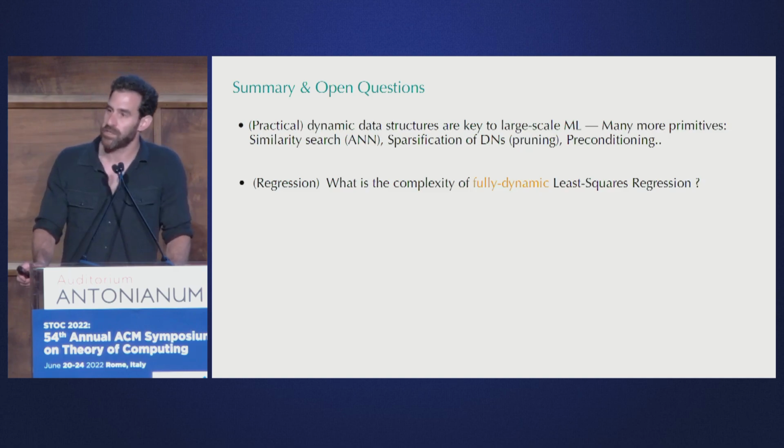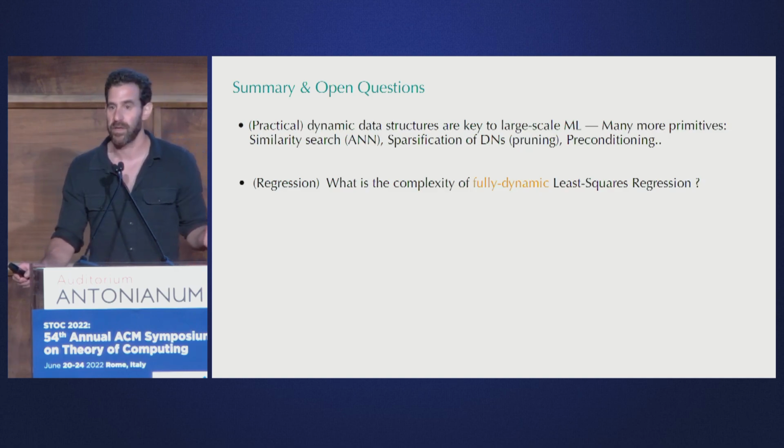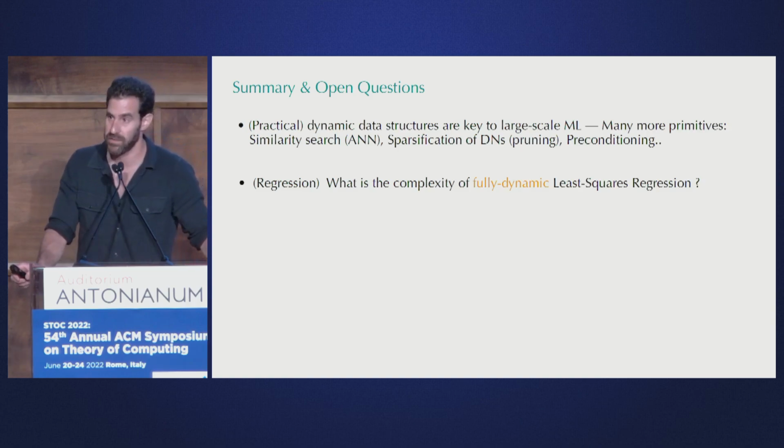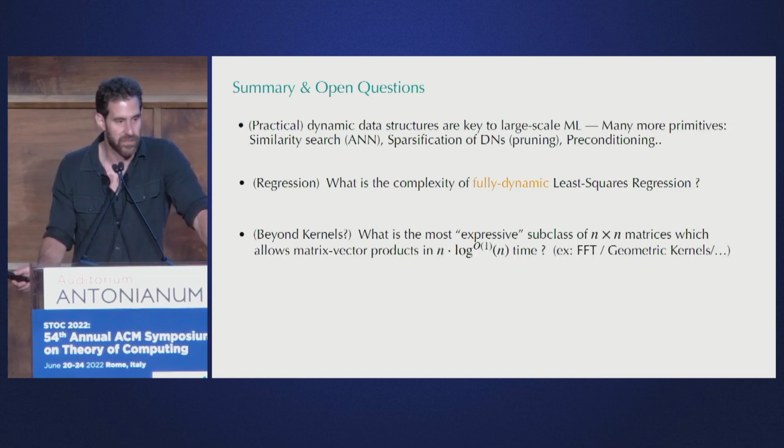Another concrete question in the context of dynamic least squares regression is what happens in the fully dynamic setting. There, my conjecture is that you cannot beat d squared time even for the approximate version, but I have no idea how to prove this. And perhaps another, maybe the most interesting question for me, which is not even about dynamic, is,